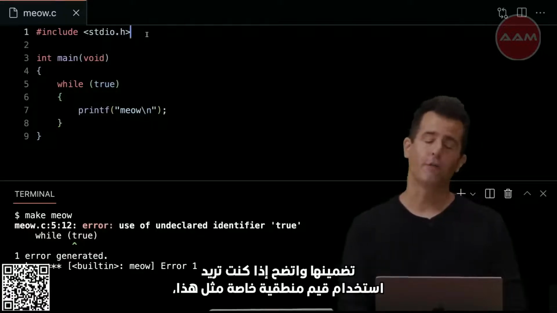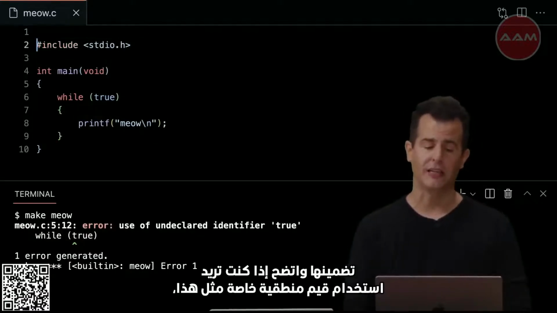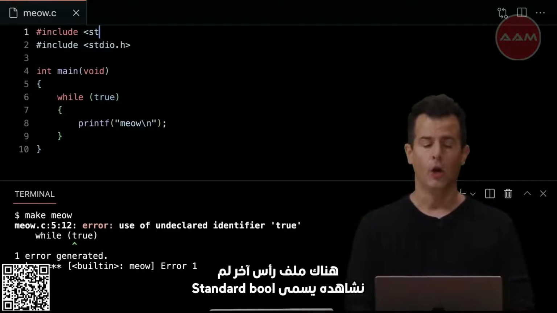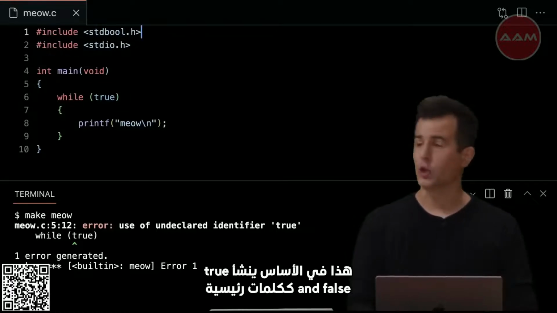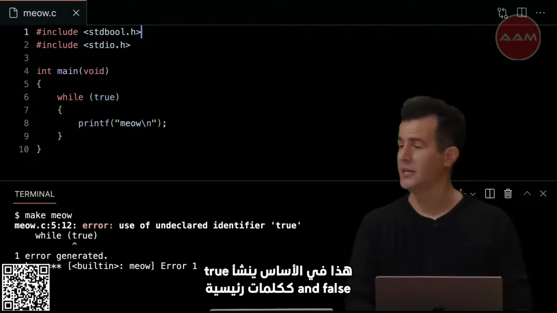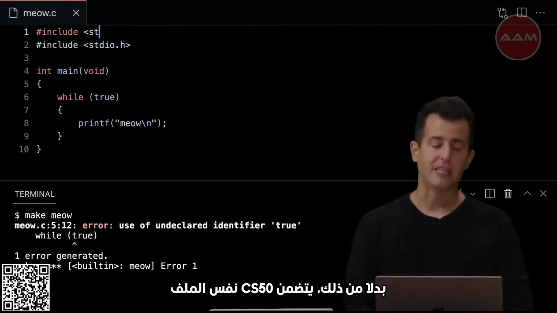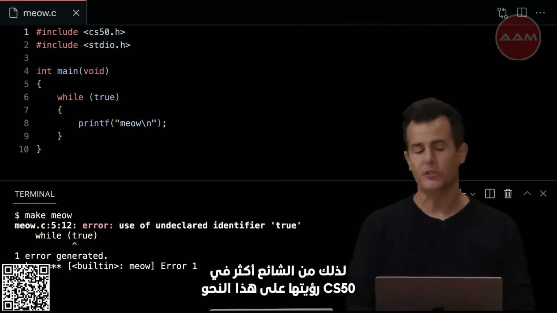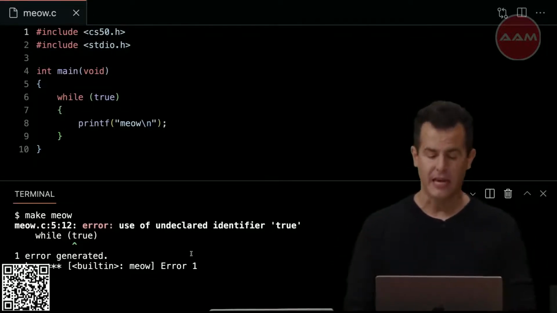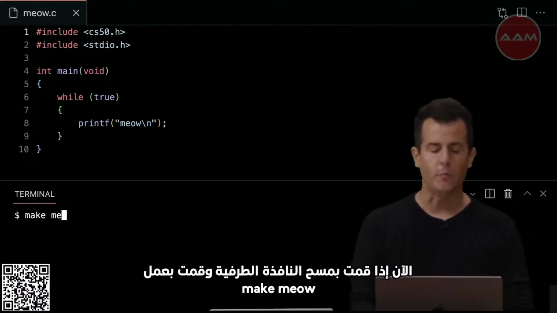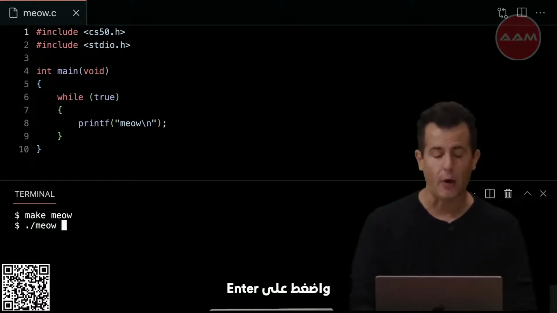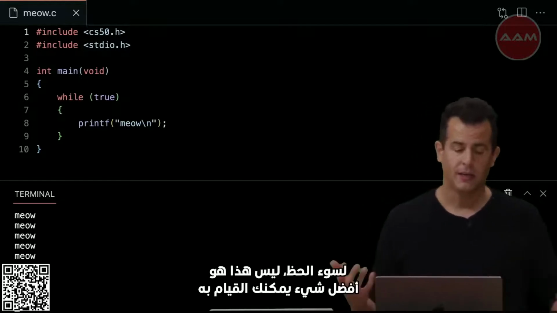But true and false are themselves special words that you have to include. And it turns out if you want to use special Boolean values like this, there's another header file we haven't seen called standard bool that essentially creates true and false as keywords. Alternatively, CS50 includes that same file, so it's more common in CS50 to see it like this. Now, if I clear my terminal window and do make meow and then ./meow and hit enter, well, unfortunately, this